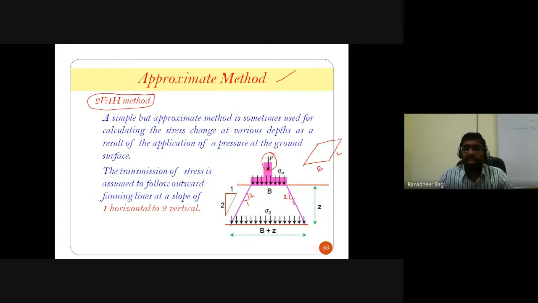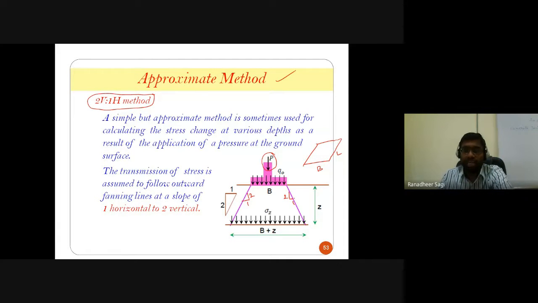I hope I have discussed this in your soil mechanics course also, while discussing how to calculate the increment in stresses at the center of the clay layer for consolidation settlements in the soil. However, here also we will come across it when we take up problems on shallow foundations, where we estimate settlements. There we will use this approximate method to calculate the increment in stress at the center of the clay layer, according to which we estimate the settlements in the foundation.